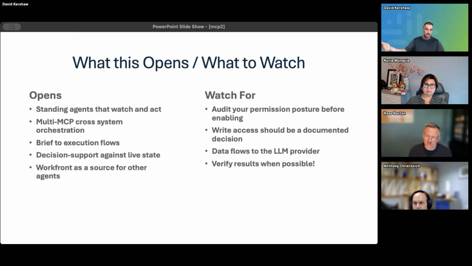And last thing is verify the results. When you're working with AI in general, you always want to check the results, make sure it's valid, it didn't make anything up or guess at anything. Just a quick run through and make sure things look good. But from what I've seen, it's been very accurate and tends to work quite well and not do too many hallucinations or things like that.